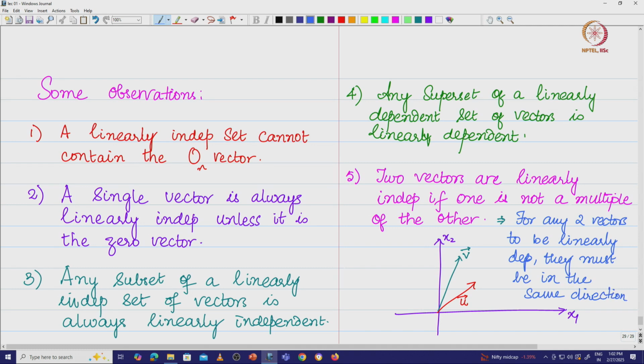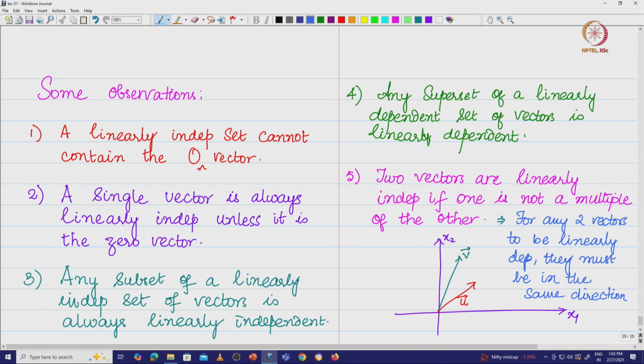However, if you have multiple vectors, it becomes a bit difficult to check whether they are linearly independent or dependent. There are various techniques to figure this out. For example, if you have 3 vectors from R3 and want to figure out if they are linearly dependent, you can construct a matrix with these 3 vectors and find the determinant of the matrix. If the determinant is not 0, then the 3 vectors are linearly independent. If the determinant is 0, then they are linearly dependent. So, that is what we have.